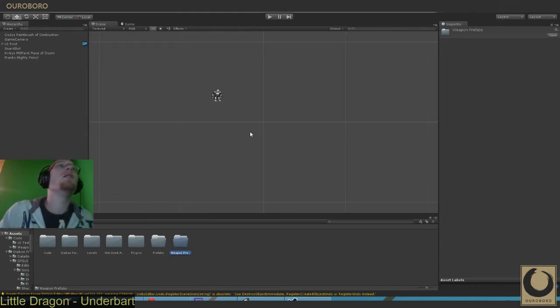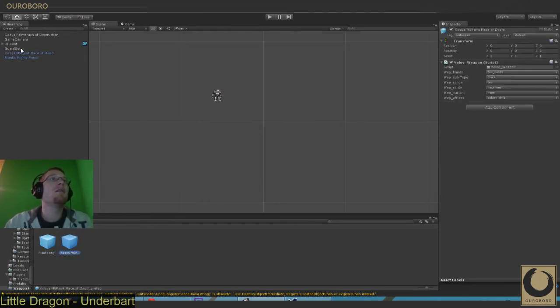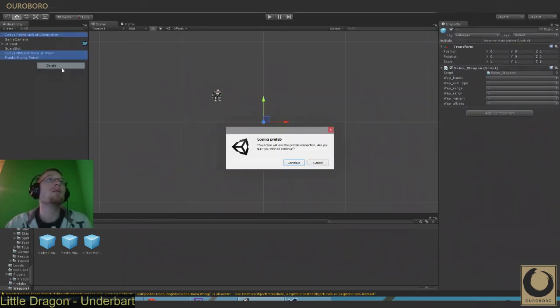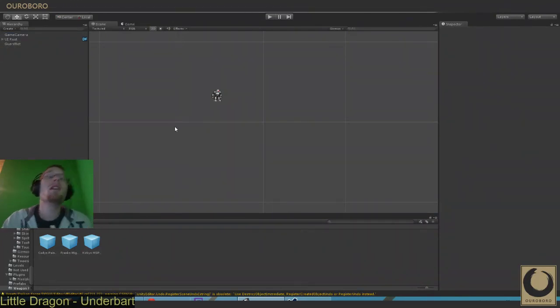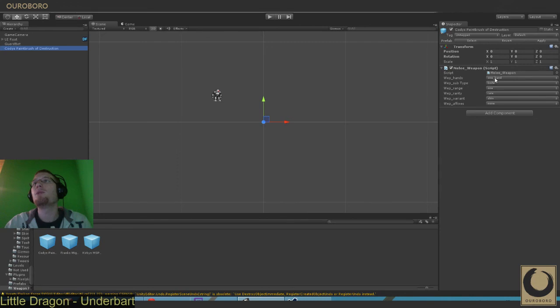Okay, so now if we go into weapon prefabs, we can drag these down here, and down here, and down here. Okay, and then I'm going to delete these. No, don't do that. Oops. Control and that one, and we're going to delete these. But you just made them. But that's okay, because the way that I made them, they'll go right back to the way they were. So Cody's paintbrush, we can attach to anybody, and it will always be a one-handed knife with a range of 1. That's rare. It's a shiv and has